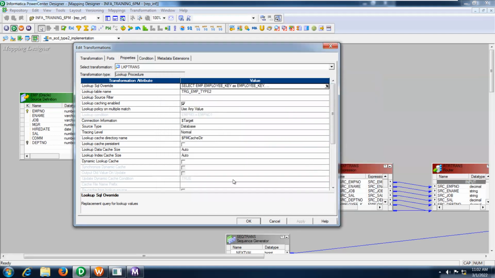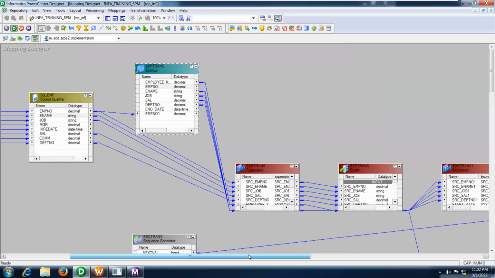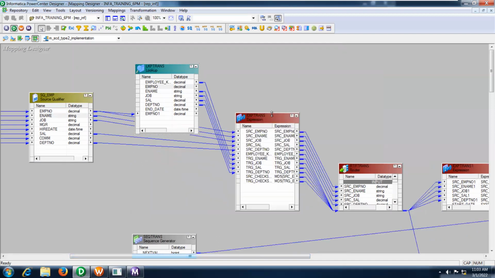Next, go here. I am going to click on this. Now take one expression transformation to segregate the columns or ports coming from the source.